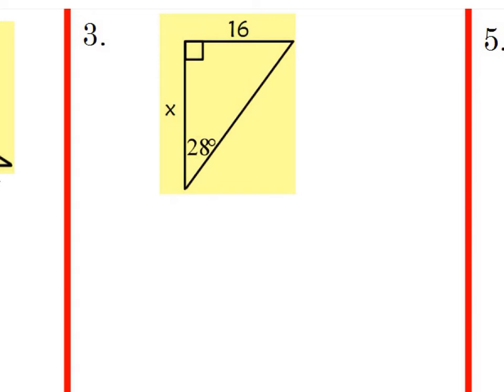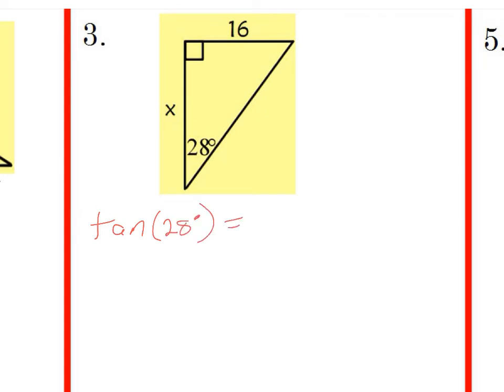So again, we're going to start by finding our reference angle, which is 28 degrees. We know we have the opposite side and we have the adjacent side. So we're going to start with opposite and adjacent. That's the tripping on apples, that's the TOA. So I'm going to start with tangent of my reference angle, 28 degrees,